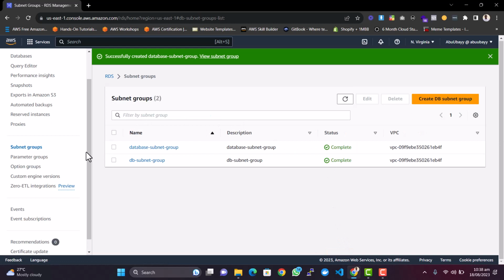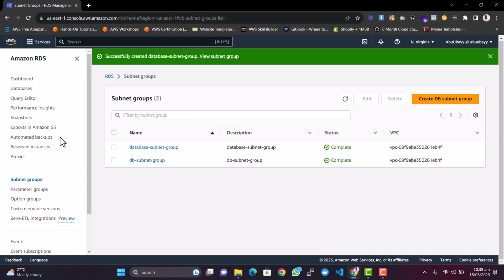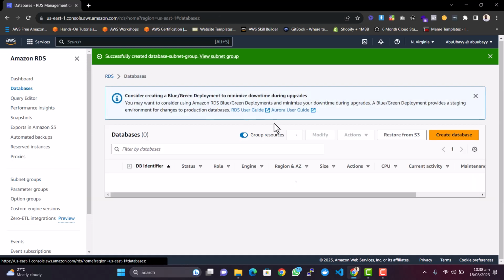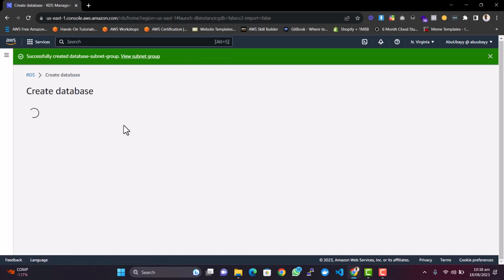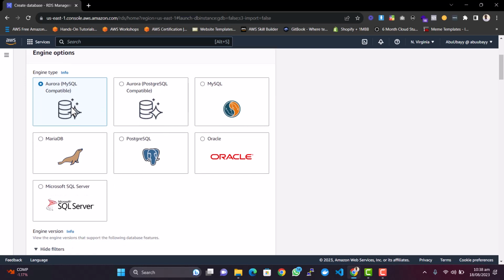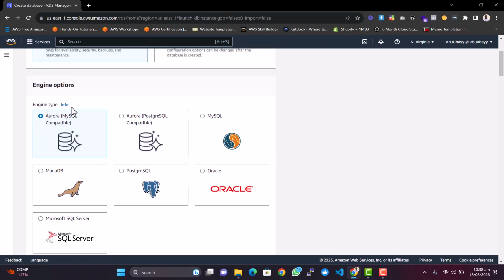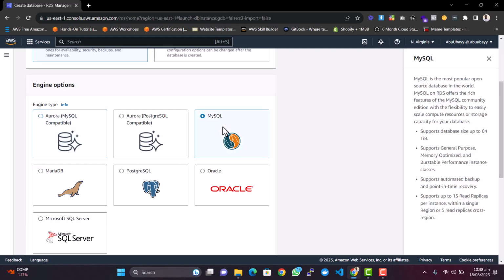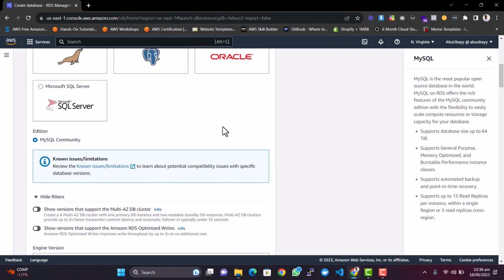So our subnet is already created, which you can see database subnet group. So let's go to the dashboard and create our database. So we go to database, we click on create database, give it standard create. So we scroll down. Since we are using MySQL engine for this, so we click on MySQL, we select the MySQL and we scroll down,